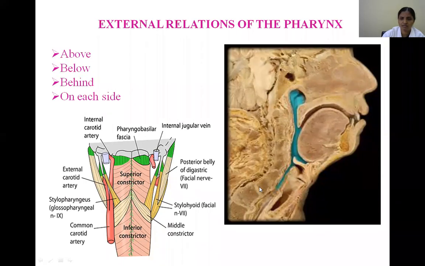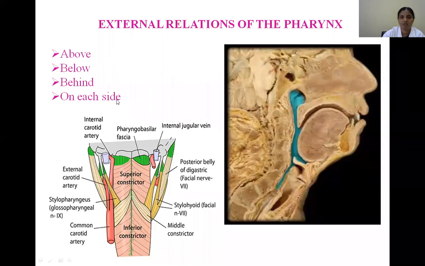So up to the 6th cervical vertebra, all these vertebrae are supporting the pharynx from behind. But these vertebrae are separated from the pharynx by a layer of fascia, the prevertebral fascia, already discussed in deep cervical fascia. So the prevertebral fascia covers these vertebrae, and between the prevertebral fascia and these vertebrae, the prevertebral muscles are present, and on either side of the vertebra, paravertebral muscles. All these prevertebral and paravertebral muscles are covered by prevertebral fascia, which lies on the posterior aspect of the pharynx.